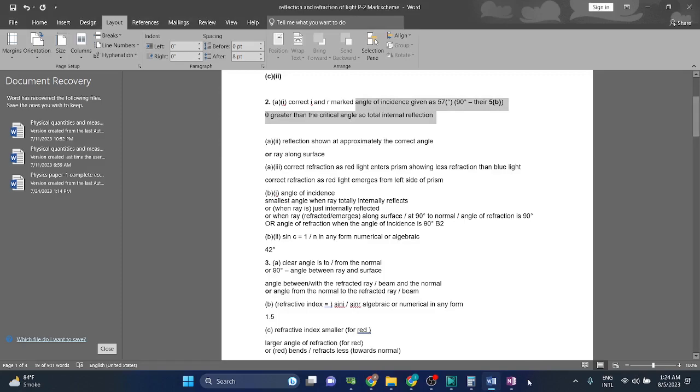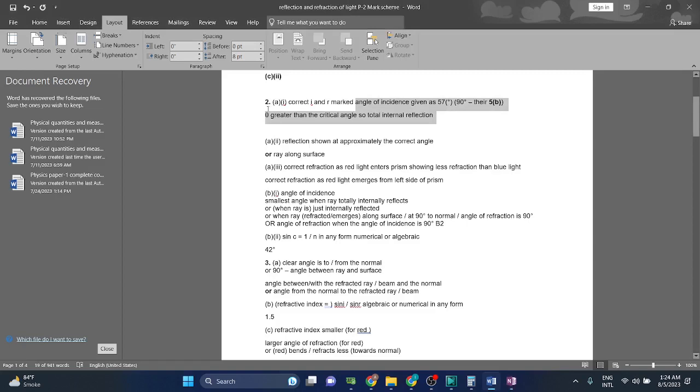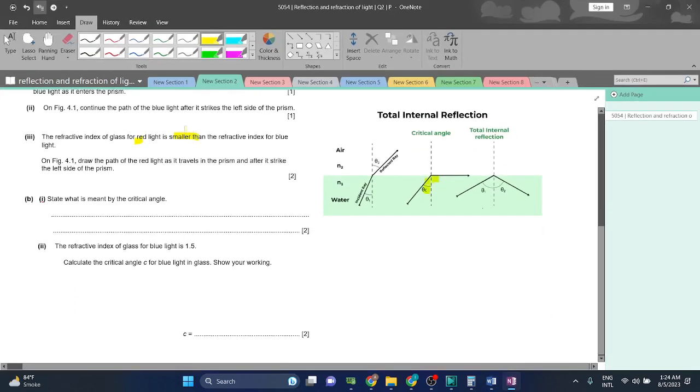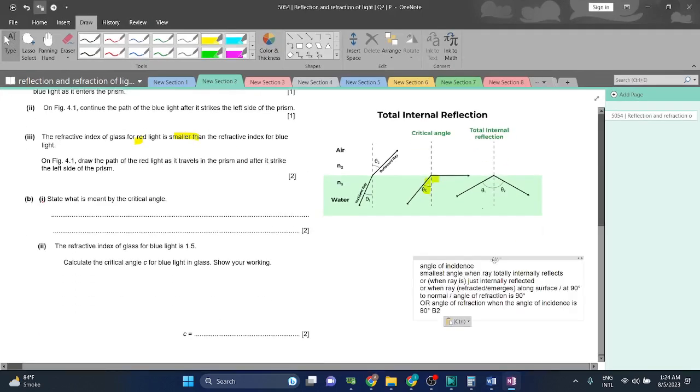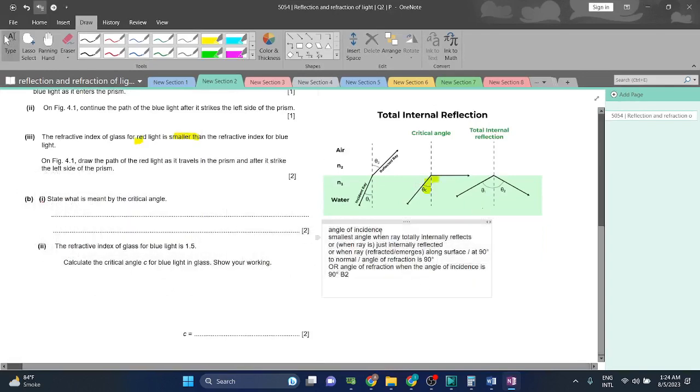तो ये देख लेते हैं हम लोग कौन सा question है। Question 2B1. ये पढ़ लेते हैं एक दफा। Angle of incident, smallest angle when ray totally internally reflects, or when ray is internally reflected or at a 90 degree to the normal, just like I told you angle of refraction is 90 degrees।